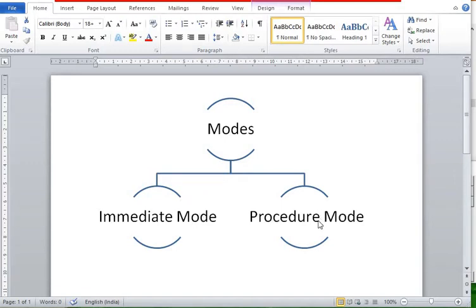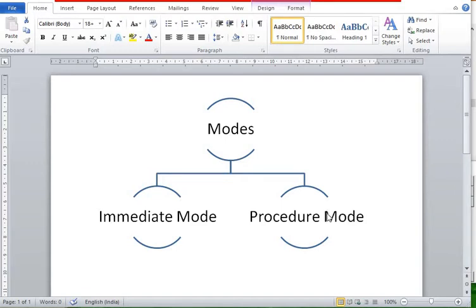The Logo procedure is a sequence of Logo commands designed to complete a specific task. A procedure may contain other procedures or Logo commands. You can write a procedure for any set of Logo commands depending on your requirement.